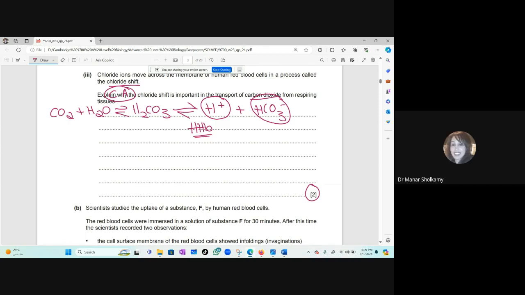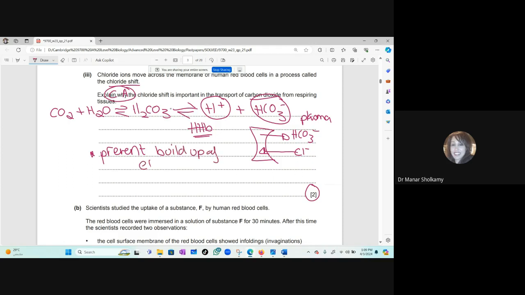Very good. And the hydrogen carbonate ions, this is the red blood cell, they move out of the red blood cell into the plasma. Very good. Therefore, chloride ions need to enter the red blood cell to prevent a change in charges, to keep the cell neutral. That's it. So to prevent the buildup